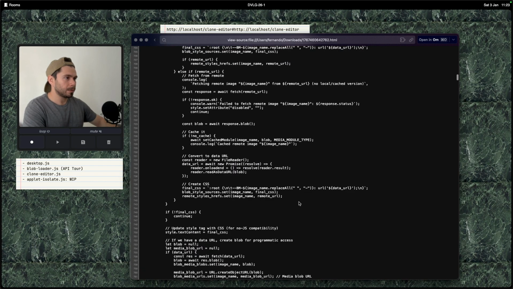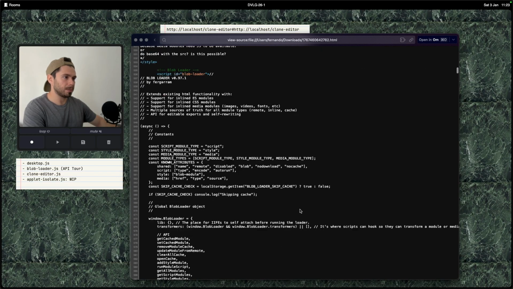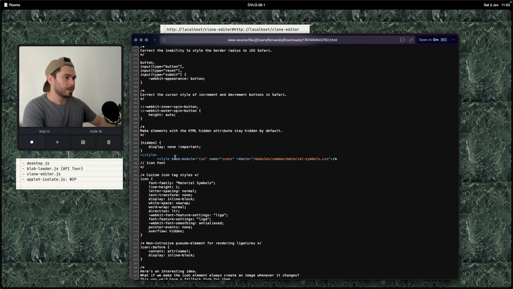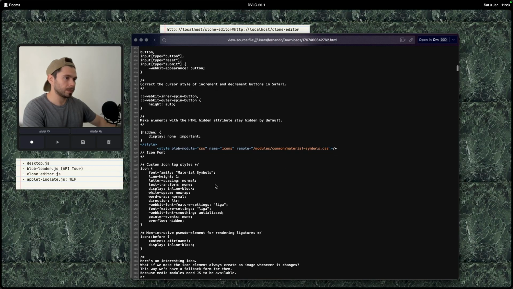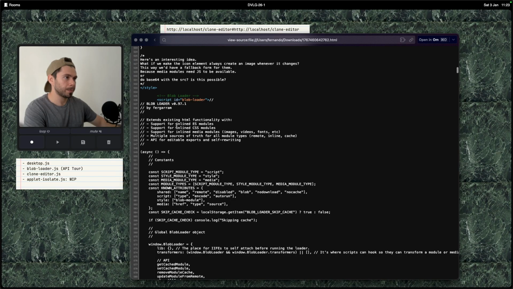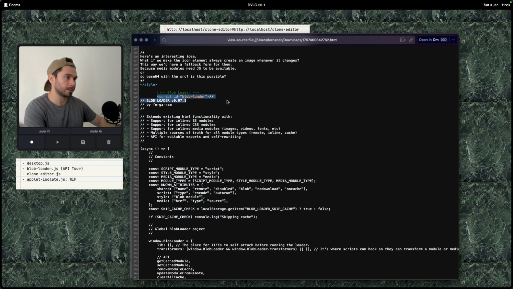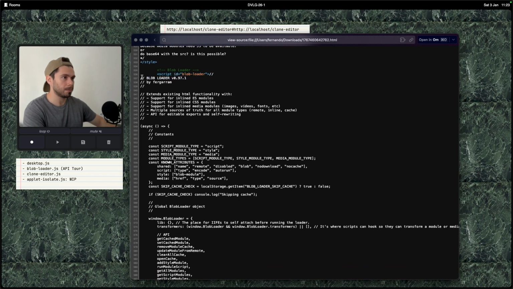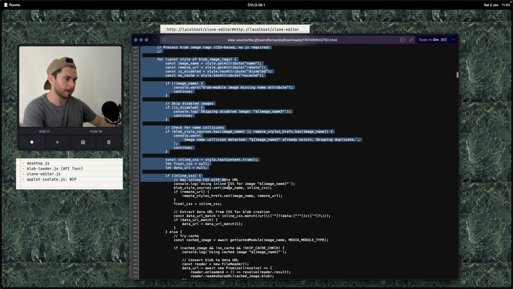So yeah, as you can see, we also have some text here. There's an option to encode scripts, and sometimes here you have it inlined, and that's fine, but you could have it encoded. Well, except for this one, because this is the blob loader code itself. I'm actually gonna copy it. Now that we're here, I'm gonna copy this,